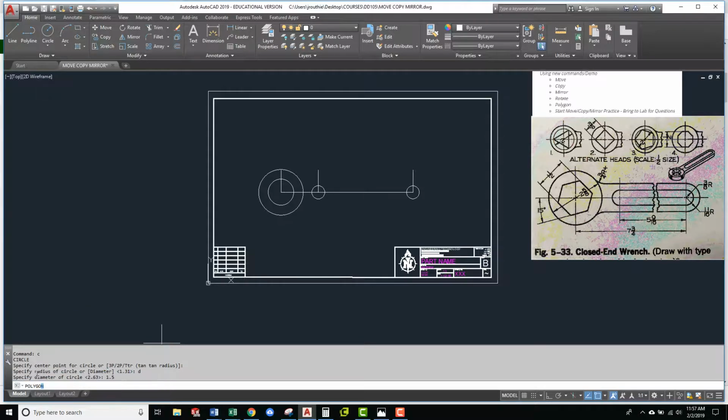You'll see it pop up, and then we'll specify the number of sides. This one has 6 sides, it's hexagon, so we'll type in 6 and hit enter. Where is the center of the polygon? That's what it's asking for down here in the command window, so we're going to pick there. And then it wants to know if you want them inscribed or circumscribed. Inscribed means the whole shape would appear inside that circle. Circumscribed means the shape appears outside the circle, and for this particular instance we're going to hit C for circumscribed,